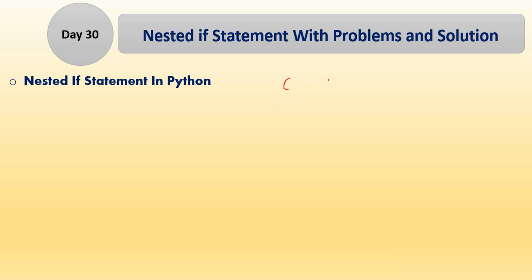For example, when you provide a condition, and this condition is true, we check a second condition. We provide another condition, and when this condition is true, we provide another condition. When this condition is true, then this block should be executed. So in the nested if statement, we write another if statement or condition inside another if statement's body. So this is a nested if statement in any programming language, but we will learn nested if statements in